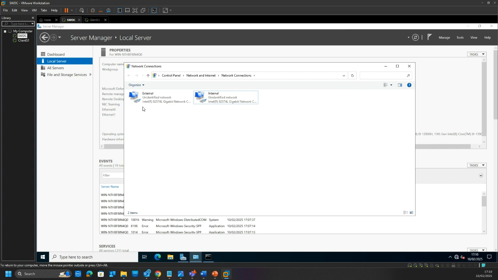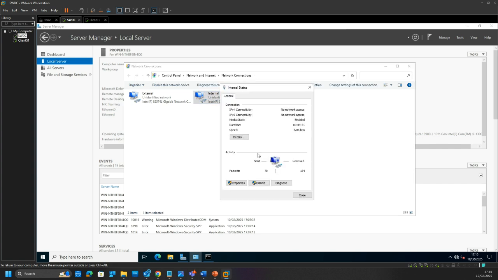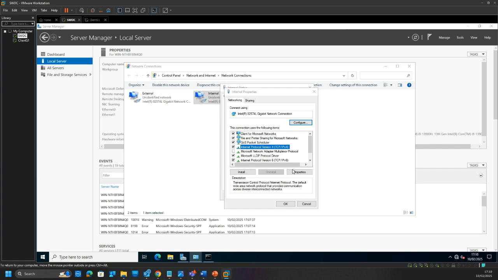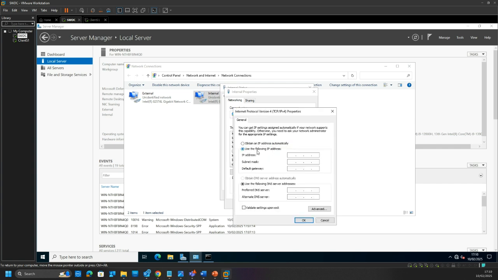I'm not configuring the external now because we are not looking at that network. So let's go to the internal network's properties, then go to IPv4 properties and then give